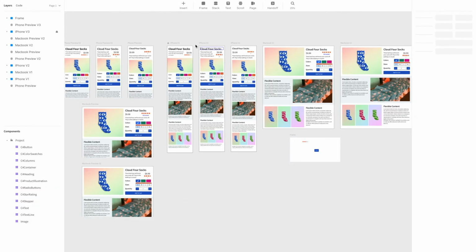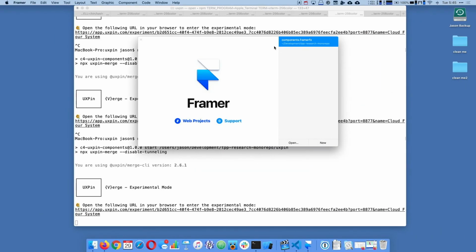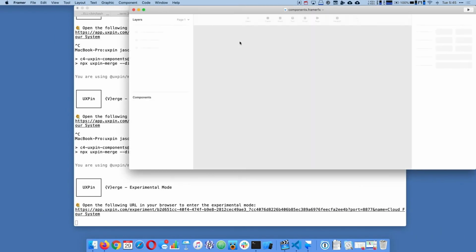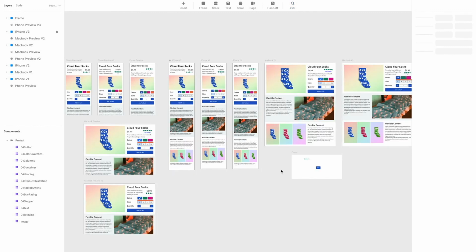And if we move over to the Framer desktop application and we close this document and we reopen it, what we will find is, yes, let's zoom in. We have green stars.